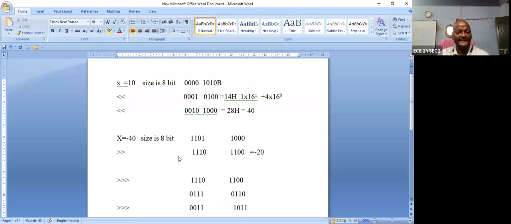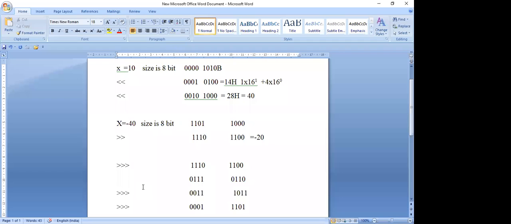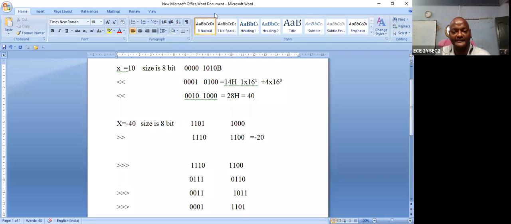So this is the clear idea. This is the signed left shift, this is the signed right shift, and this is the unsigned right shift. In the unsigned right shift, the sign should not be considered. It is just a value. But in the signed value, you should consider positive and negative. For the positive, MSB is equal to 0, and there is no change of the magnitude. For the negative, MSB is equal to 1, and the remaining is in 2's complement form for the magnitude value. So please remember. Now I can share one more, then you can give the answer.